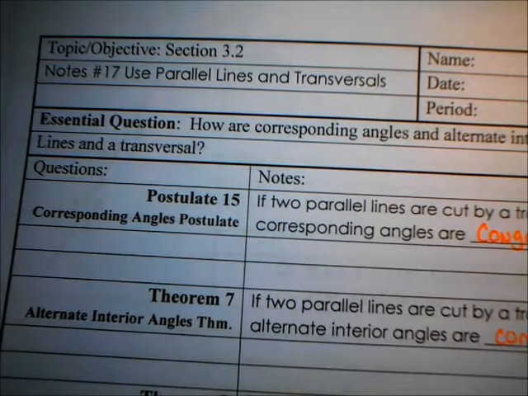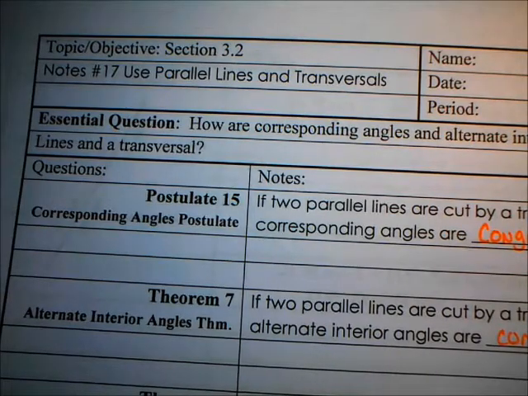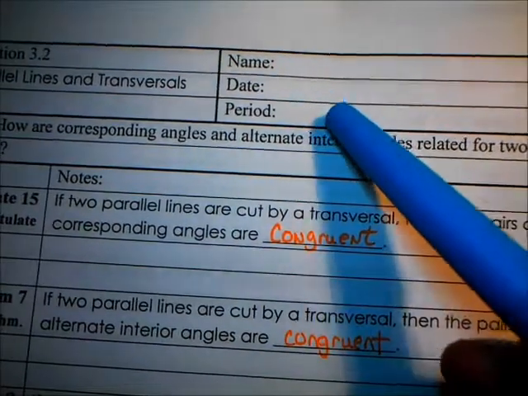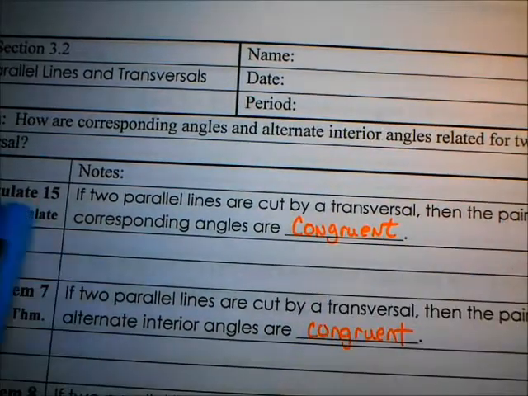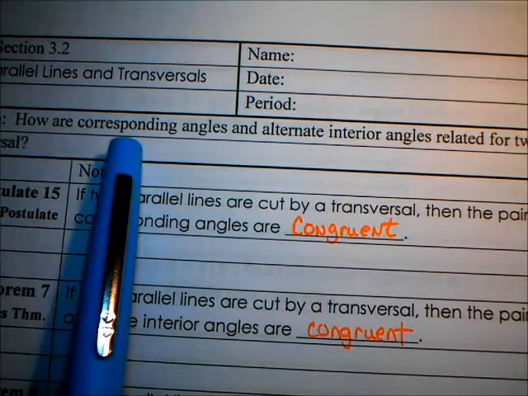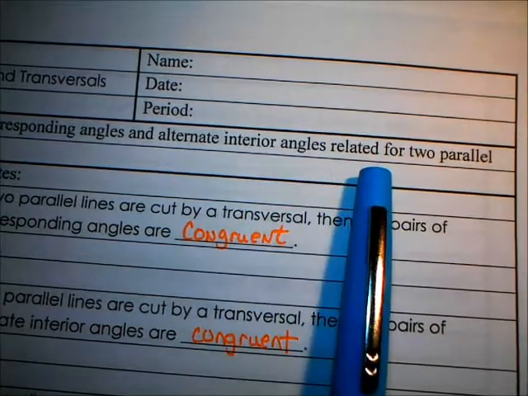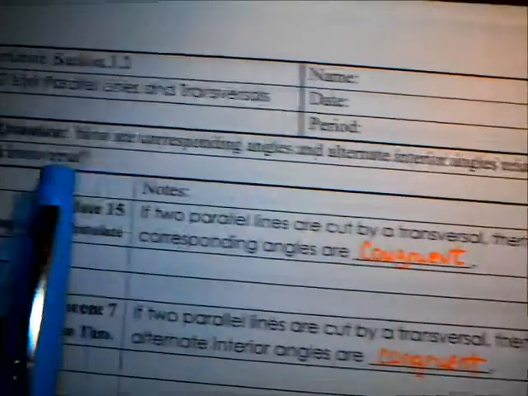Okay, here is geometry notes number 17. It's use parallel lines and transversals. Make sure you put your name, date, and class period. And then your essential question says, how are corresponding angles and alternate interior angles related for two parallel lines and